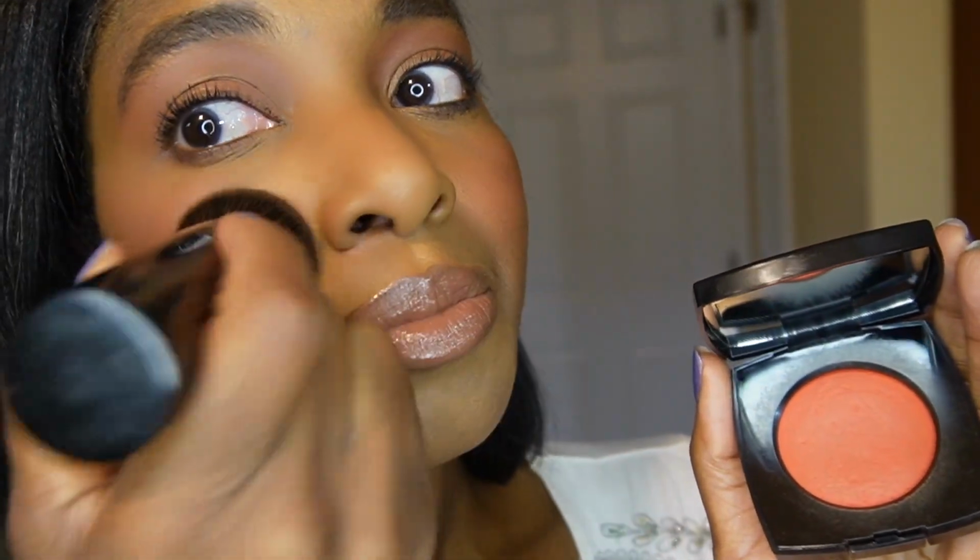It applies well. I think I prefer the Sonia G. I think with a true cream blush, I love this brush. But this cream powder formulation, I think I might like the Sonia G better, but it still works either way. Just even things out. So it's even on both sides, and I think it gives us a great sun-kissed look